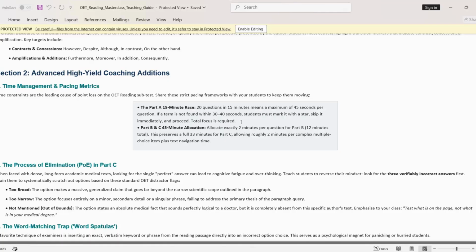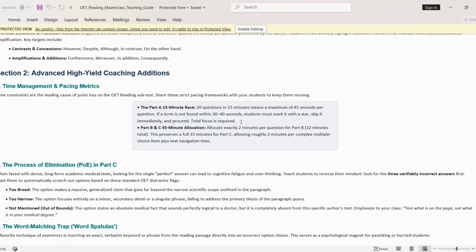So why do students fail part A? They keep on spending too much time on one question. They are searching the text again and again, reading through it again and again. Sometimes they are unable to find the answer, and they might spend 1 or 2 whole minutes on one question. So if you spend too much time on one question, because you just have 15